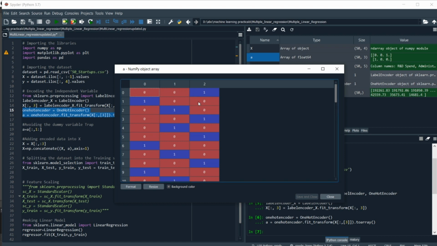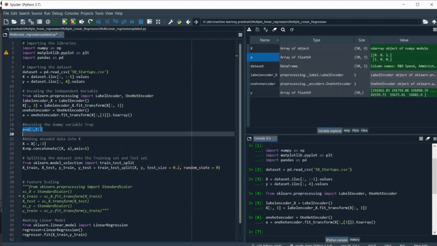So to avoid the dummy variable trap, we are going to drop one of the columns from it. So we are going to use this line of code. What this line of code is going to do is assign an array to itself, passing the same array, and then in the square brackets we are going to use colon, which refers to all the rows from start to end, and then 1 colon, which is going to return all the columns from the first index to the end. So it's going to drop the column at index 0.